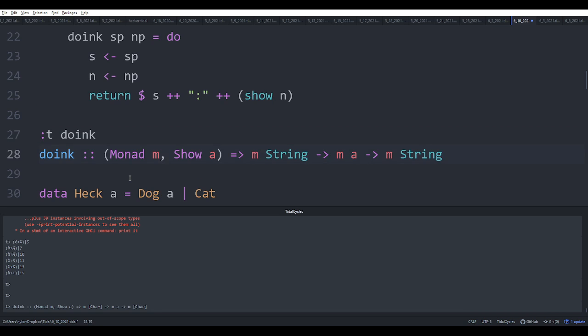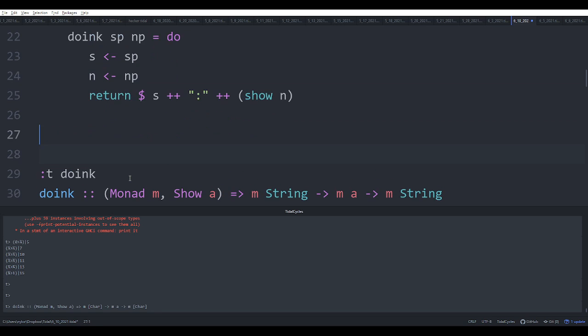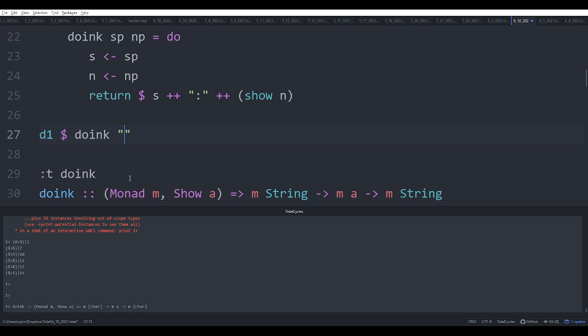Okay. And this is a generic operation. Now, what should happen is that we say doink of